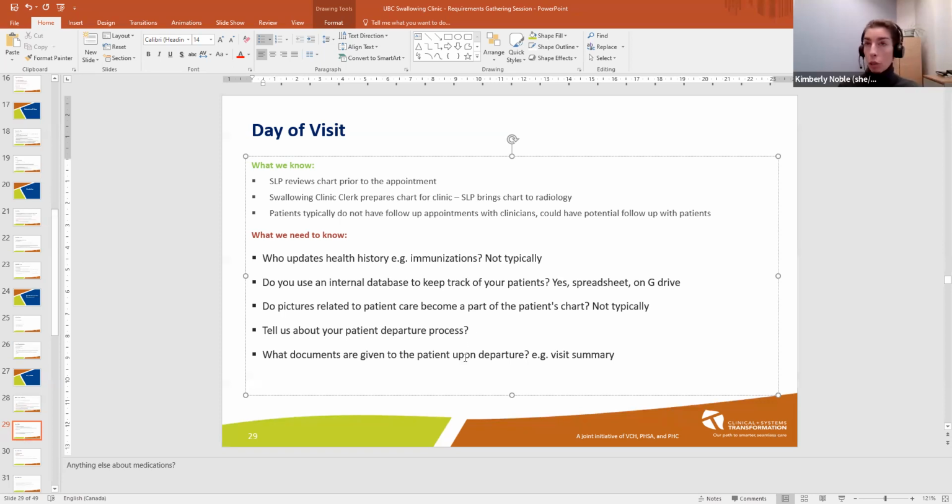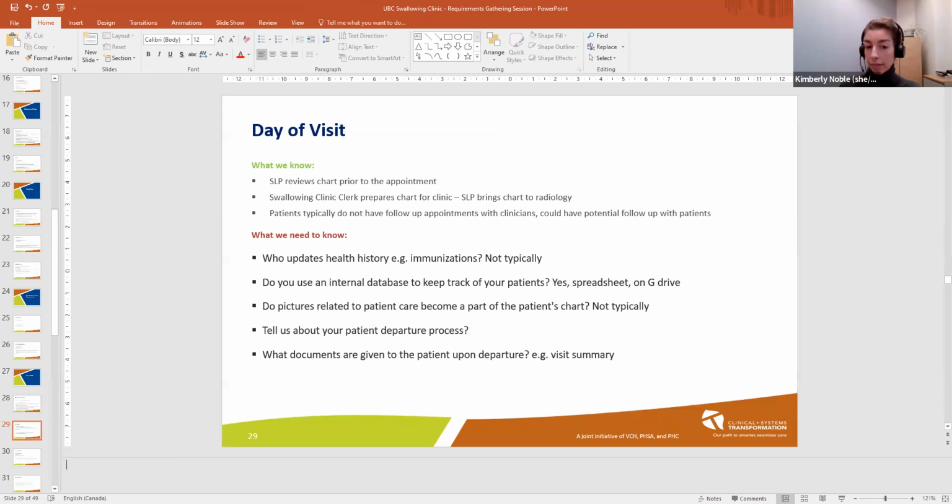I'm not sure. Essentially, we're asking them to sign that form as if we wanted to, could we use the images? So in theory, I think it would still apply because we could pull the images from PACS and use them for quality improvement. I think you might want to double check on that, because I'm not certain that you actually require that form in order to do that, because it's kind of implied consent with the health authority, given we're a teaching institution. Okay. And any images that you would borrow, you would have to anonymize anyways. Yeah. So you might just want to double check, because then we could cut down by a piece of paper. That would be great.